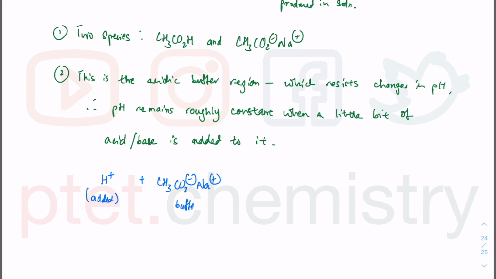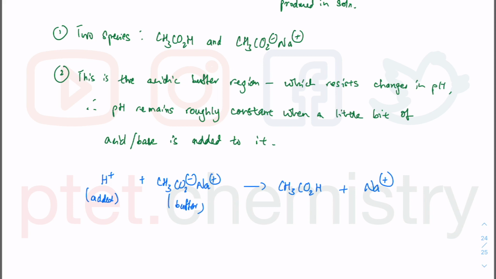So this is from the buffer, and it will remove the H plus added by forming CH3CO2H plus Na plus. And think about it, this is from the buffer, it removes the H plus and it forms something else which is already present in the buffer. That's why the pH remains roughly constant, because you're producing something which is already one of the two components present